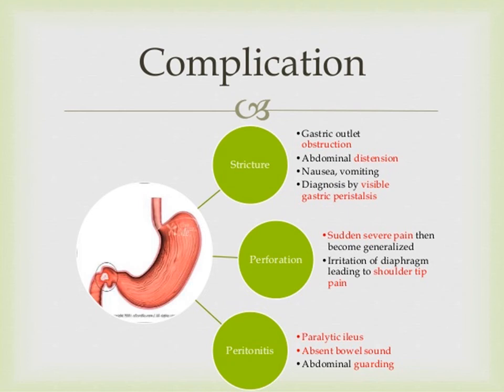Obstruction can also occur when there is severe inflammation of the pyloric canal due to the gastric ulcer or peptic ulcer. Patients usually present with nausea and vomiting, and reverse peristalsis can be seen. So obstruction is another consistent feature, and when we talk about perforation, a patient can develop peritonitis along with the perforation. So that is also a complication of peptic ulcer disease.